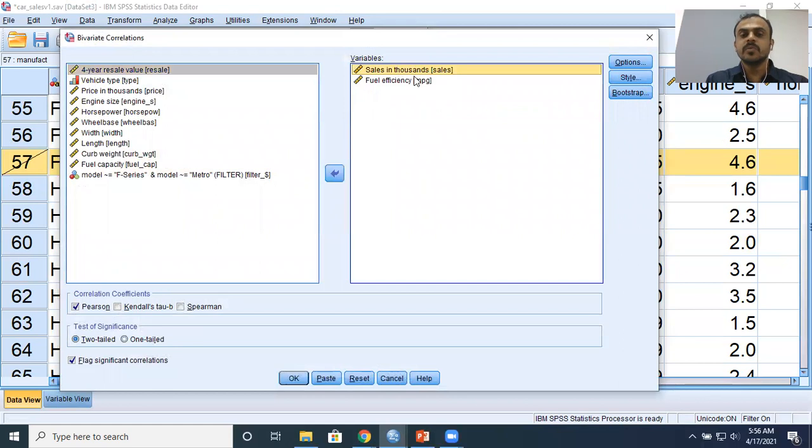I've got Sales in 1000s and I've got Fuel Efficiency, right? All the previous settings will be as they are. The only change is that in my data set, both F-Series and Metro cases are removed. And after removing these outliers, I'm rerunning the correlation table. Nothing is different as far as Pearson's correlation coefficient, the two-tailed test, and flagging significant relationships are concerned. Okay, hold your breath. Let me just click on OK.